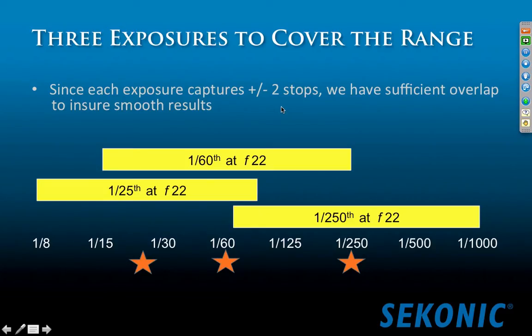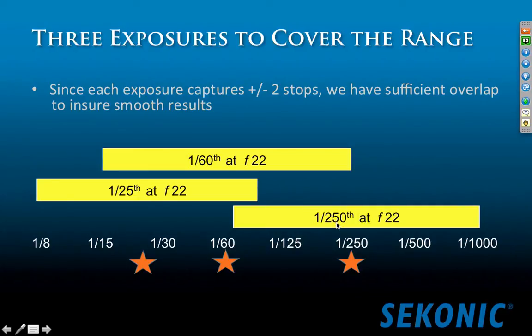Now, here's my 3 exposures kind of in a graph. Without going into the details of the DTS software, you can safely assume that your camera can capture up and down at least 2 stops from whatever your middle reading is. So what I did was I took my middle reading, my average, which was 1/60th. I came down a stop and a third, which I measured with the meter to see my deepest shadow. And again, 2 stops up and down from there means that this exposure covers from an 1/8 to around 100th of a second. And then my highlight exposure, which will bring my sky down, I did at 1/250th, which is